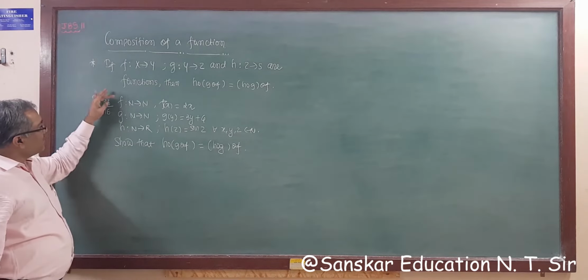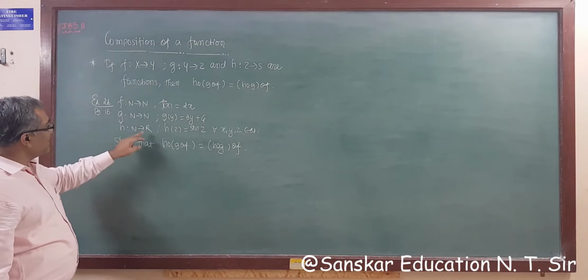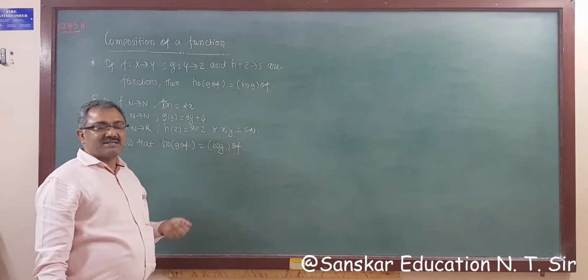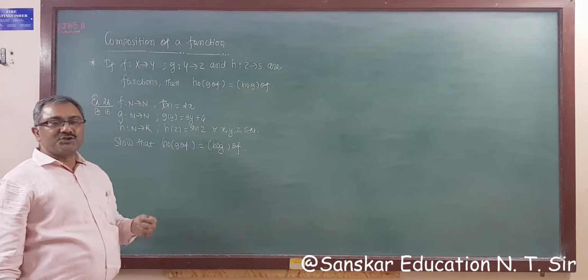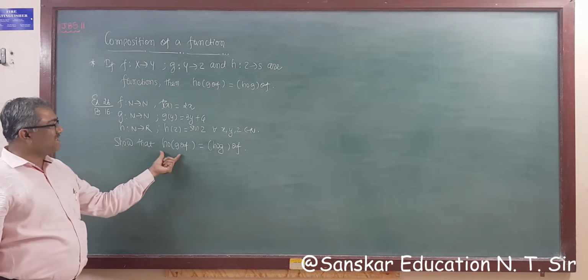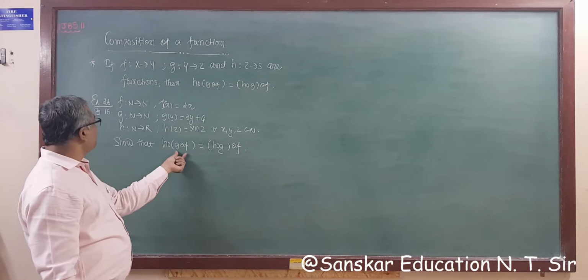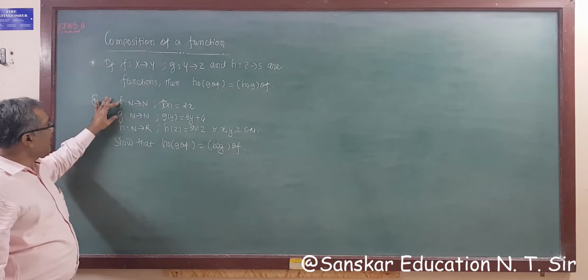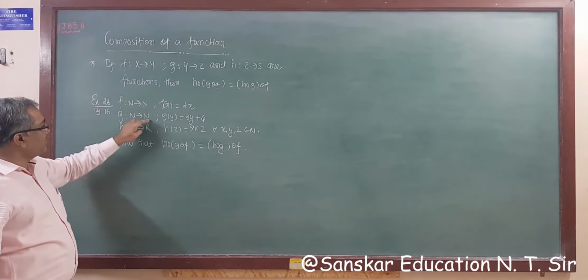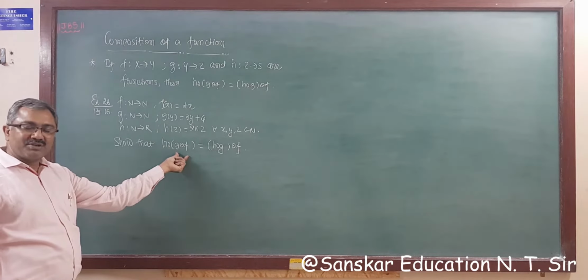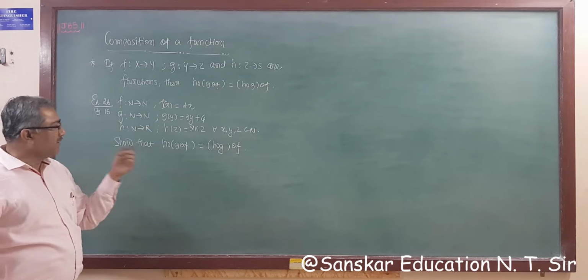So it is given all functions are N to N. The last function is given on N to R, because it is given a sine function, right? For all x, y, z belongs to N, we have to show h over (g over f) equals (h over g) over f. For g and f, both are from N to N, so no need to write that the range of f is a subset of the domain of g. You can write directly here.